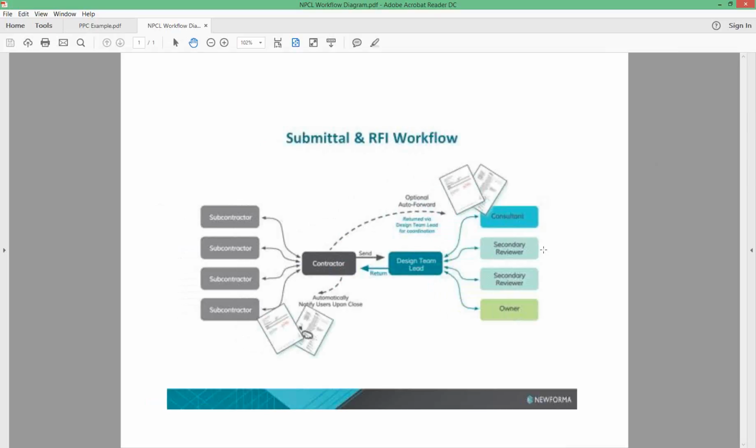So high level, the whole point of the software is that it's a collaboration and communication platform for the team. Say there are five different groups of people who have to review a submittal or an RFI. If each of those groups is using their own internal system, whether that's software, email and Excel, an FTP site, or sticky notes, to keep track of things, and your system is different from my system, then even with the best of intentions, we've talked